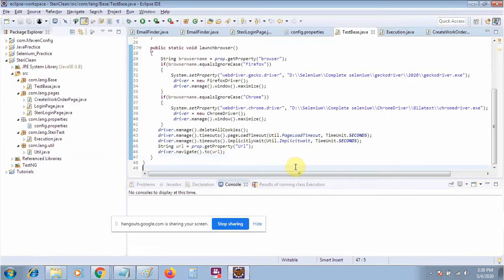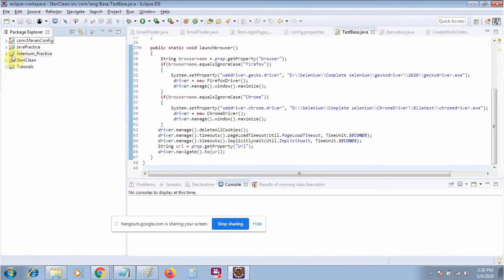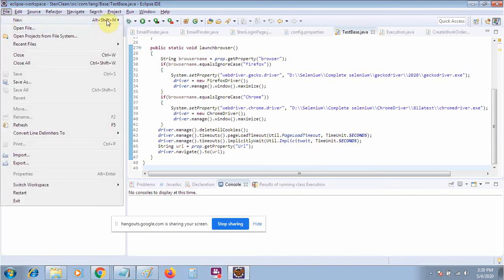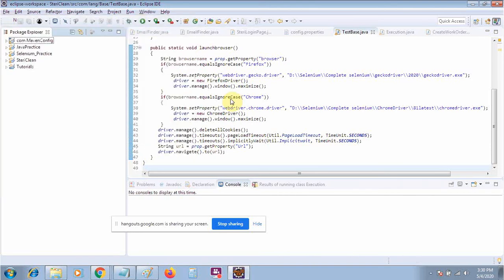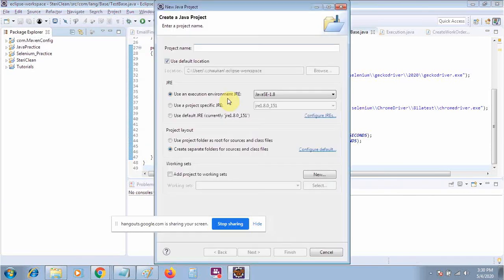Let's move on. Suppose we close this one. I have a project; let me create a new Java project. I will name it PI training. Okay, so I have created a project, and here you can also choose the location of the project.